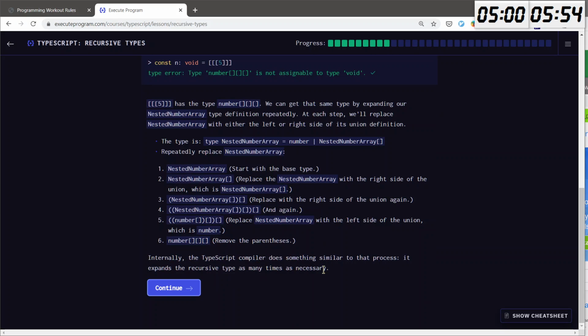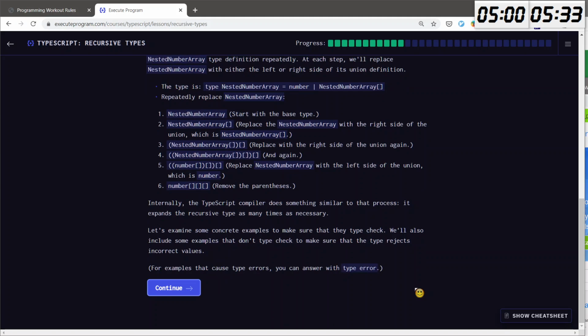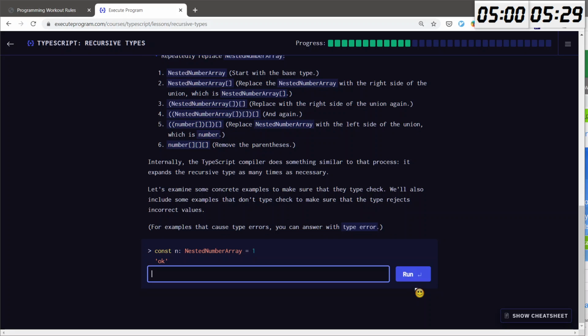Internally, the TypeScript compiler does something similar to that process. It expands the recursive type as many times as necessary. Let's examine some concrete examples to make sure that they type check. We'll also include some examples that don't type check to make sure that the type rejects incorrect values. For examples that cause type errors, you can